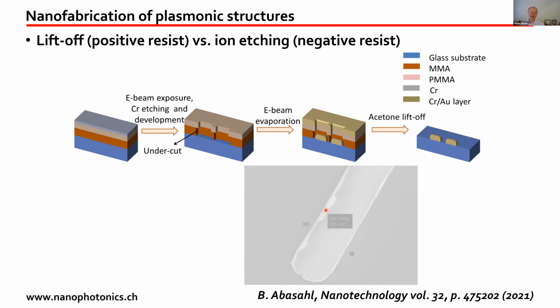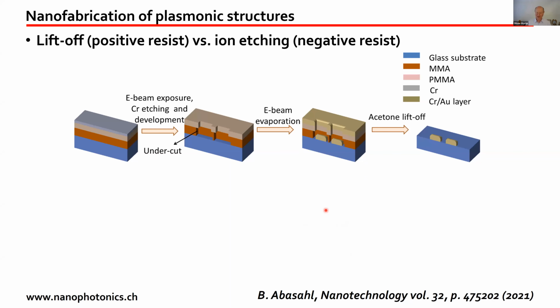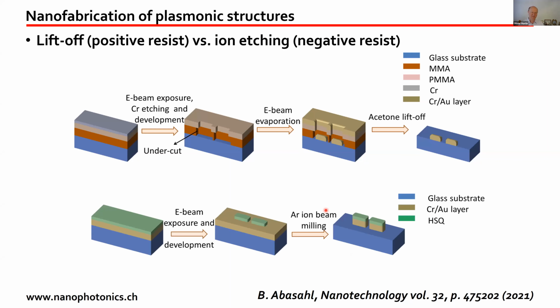So that's the first approach. The second approach, which is less used, but I would like to advocate that it's probably superior in terms of the structure you can fabricate, relies on using a negative resist for the E-beam. A negative resist, which is shown here in green, and a typical resist would be HSQ. When you expose it to the electrons with the electron beam lithography system, this resist will become very hard and will remain here. And all around it will disappear. So it's the opposite. Here we would build a cavity with a positive photoresist. With a negative photoresist, the resist remains where it's being exposed.